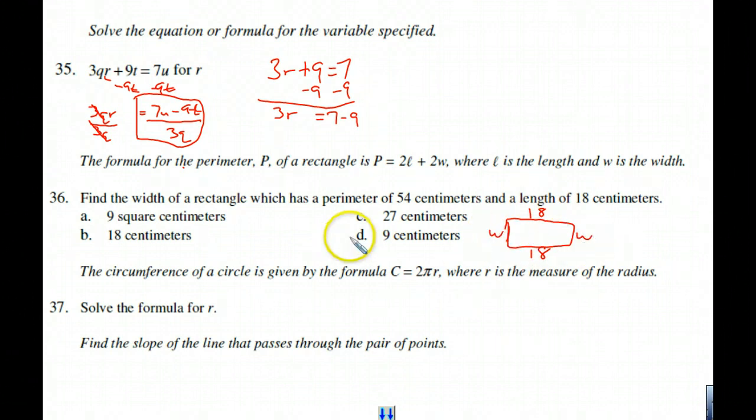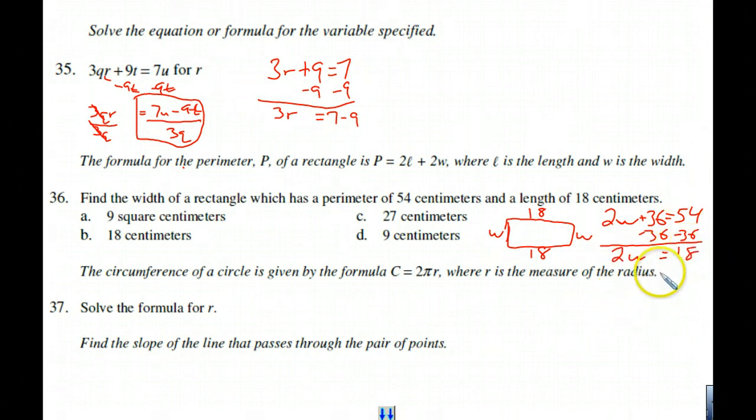So perimeter is all the way around, so we know that if we add all these up, it will equal 54. So we have 2 W's, plus 18 plus 18, which is 36, equals 54. So do a little algebra and solve this. Okay, we know that 2W will equal 18, so our width is going to equal 9